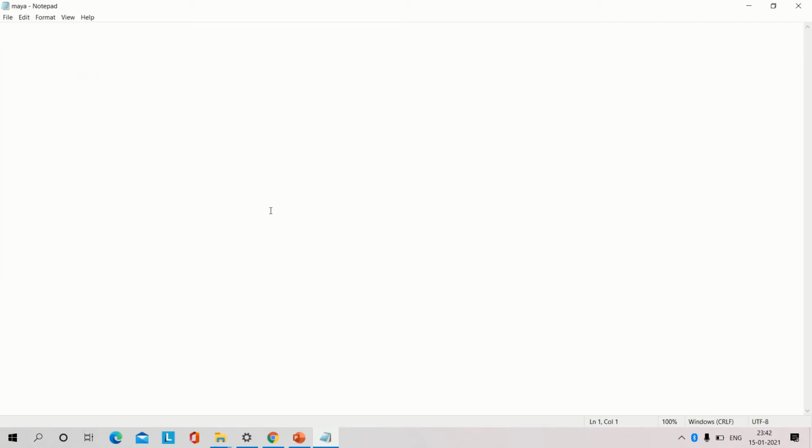Then you can get the name of your file. Then we will work with Notepad. How to type numbers, how to type text, how to edit it.